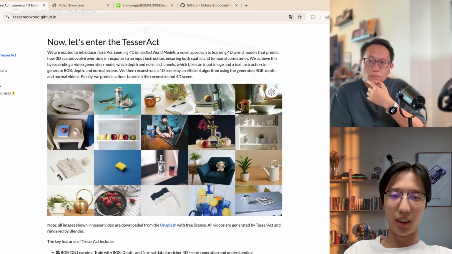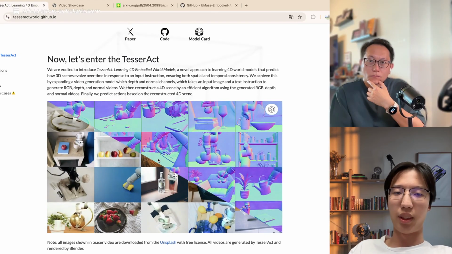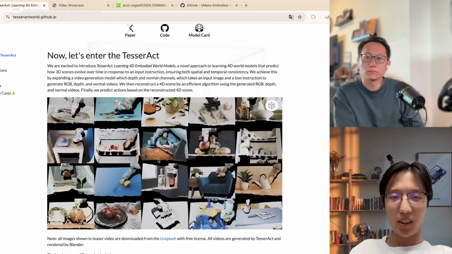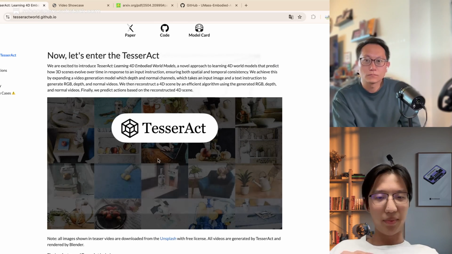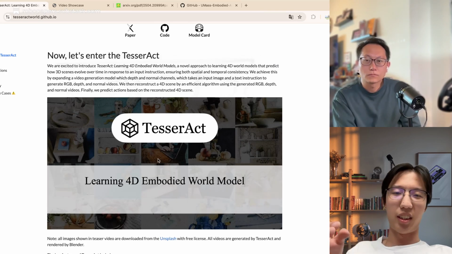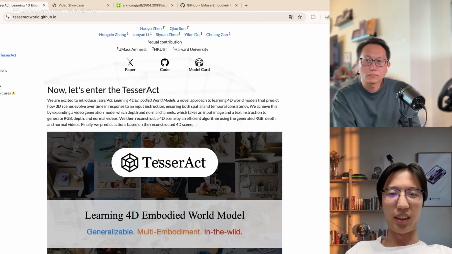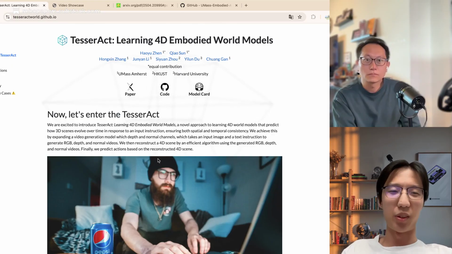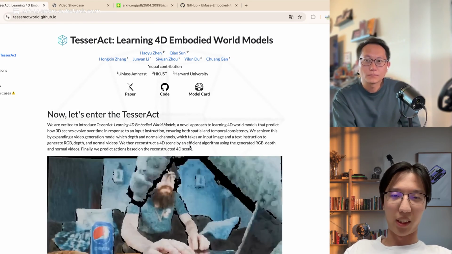And the final ability is that the world model should interact with the world. So you can see the demo here. It can grasp the apples and cups for any given scene. So this is the definition of world models, and it's pretty cool. It's a good idea to work on.